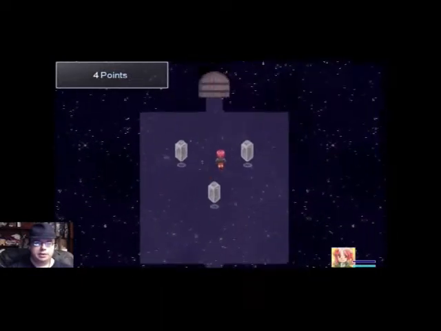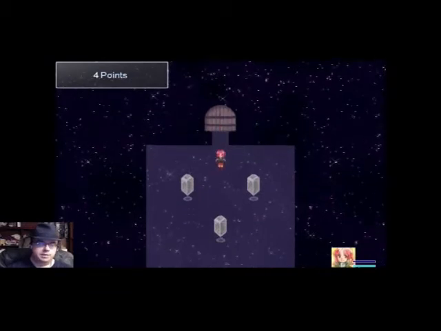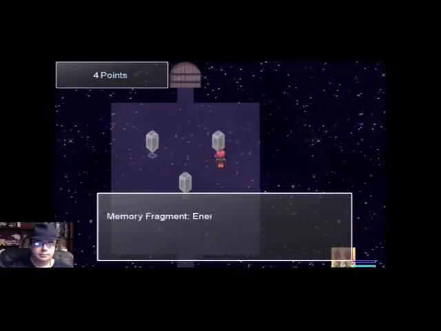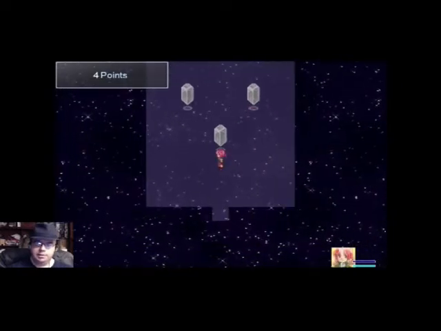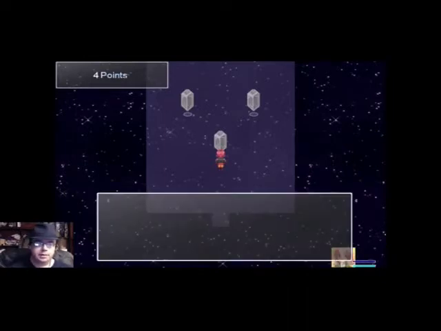So what these achievements do is, you can see in the upper left, you get 4 points. Going through here, these doors are locked until you get more achievements, but these crystals will allow you to get more abilities. Memory fragment, stamina up, and it will tell you who it belongs to. So in this way you can actually customize your character. It doesn't just mean that you get energy up and stamina up, but you also get additional abilities that you don't learn through leveling up, that you actually have to get from these crystals. See, critical up,